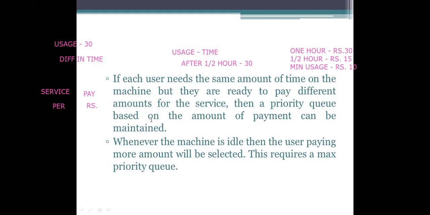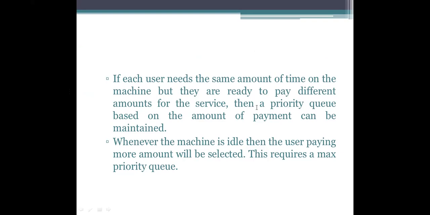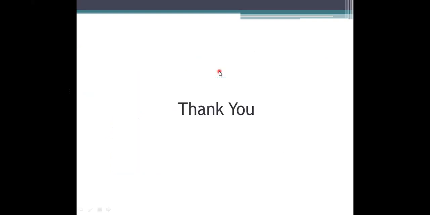Okay. So the first priority will be, if you are considering the service from the point of view of the machines, then the service we are providing for the machines will be achieved. If not, the payment is your priority. What it does here is we do not think about the service we are providing by that machine. So that's about the priority queue and its example.